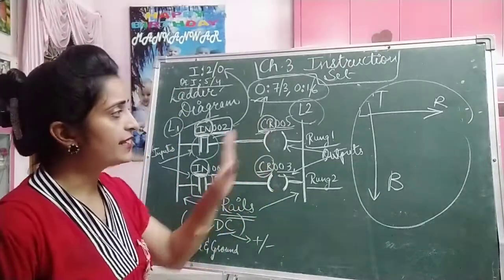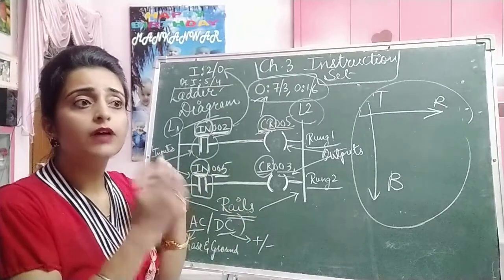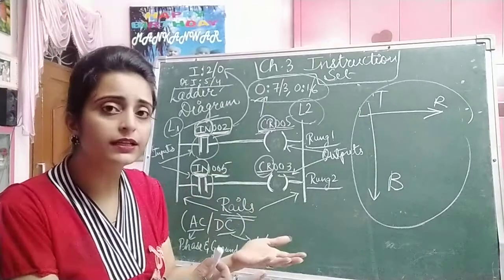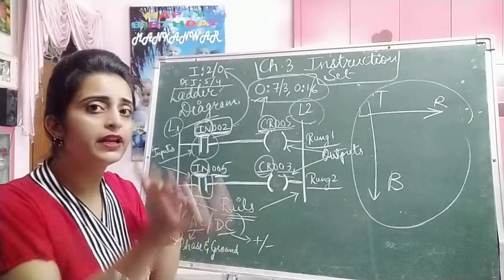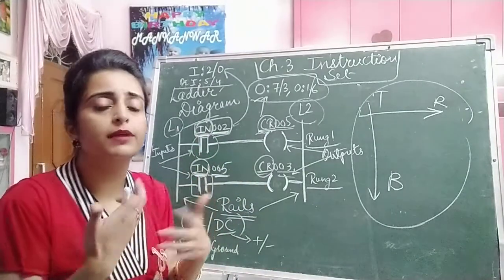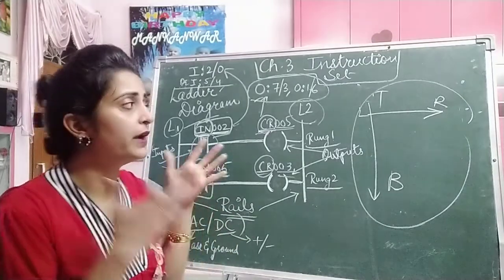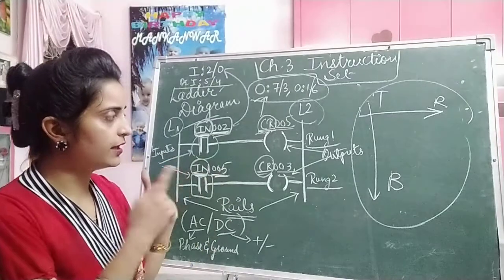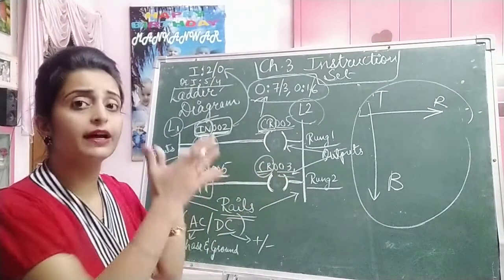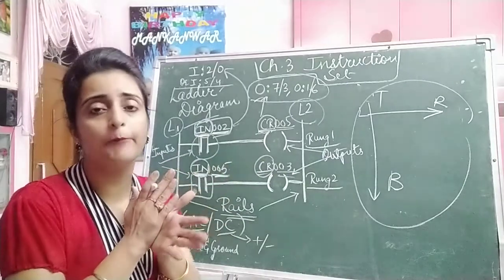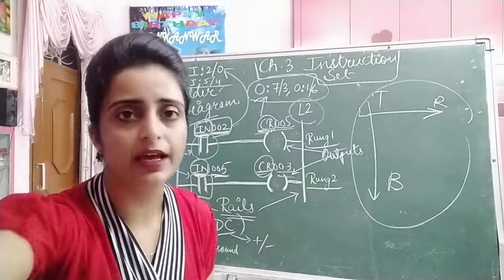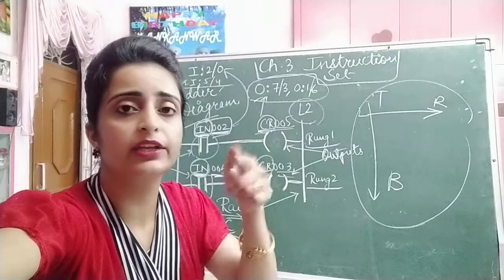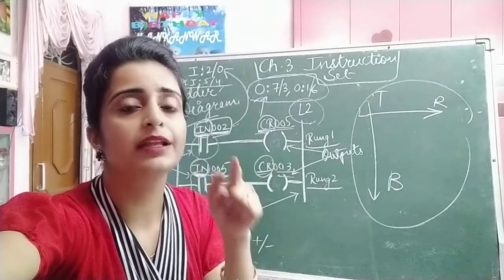Okay, so let's discuss how this ladder diagram is executed practically, how the connections will be done, and how the input status table and output status table will be updated, right? So let's move on and learn with the example, so you will become more clear how this is executed exactly in your PLC programming language software.